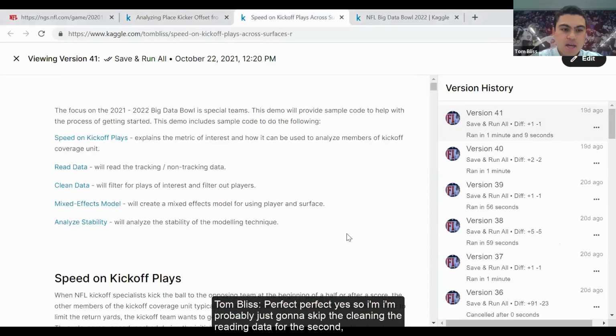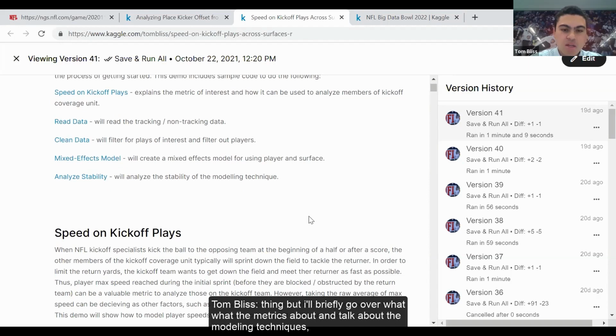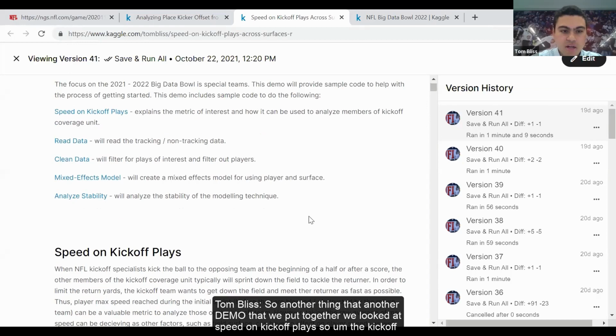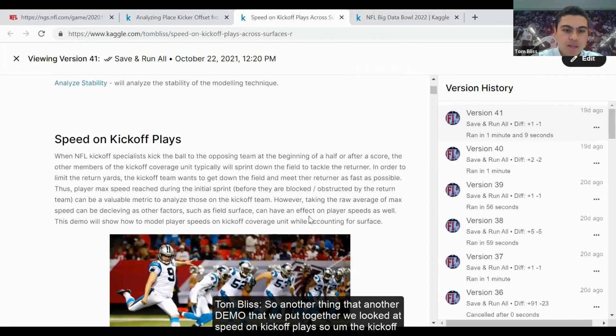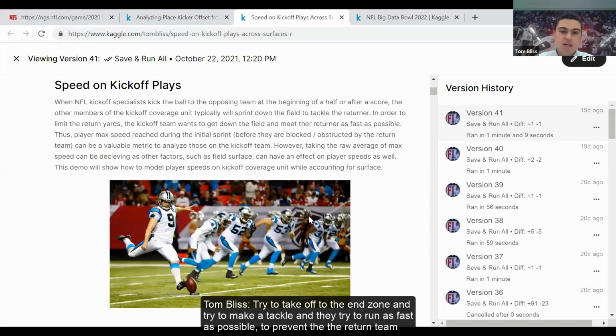Perfect. Yeah, so I'm probably just going to skip the cleaning and the reading data for this second thing, but I'll briefly go over what the metrics about and talk about the modeling technique. So another demo that we put together, we looked at speed on kickoff plays. The kickoff special teamers are planned to sprint down the field, try to kick off to the end zone and try to make a tackle, and they try to run as fast as possible to prevent the return team from